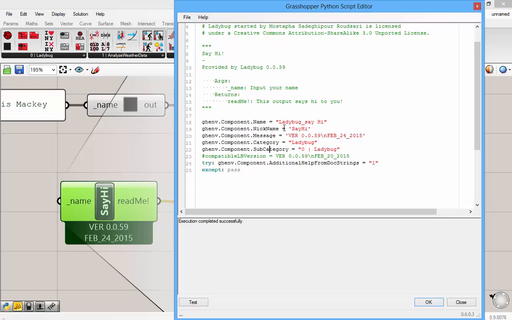Let's see what happened. So the name of the component changed. Now when I go here, it says "say hi, say hi, say hi", and provided by Ladybug. Name, it says input your name. Okay, that's cool. And readme says this output says hi to you, and you have the right version, and everything